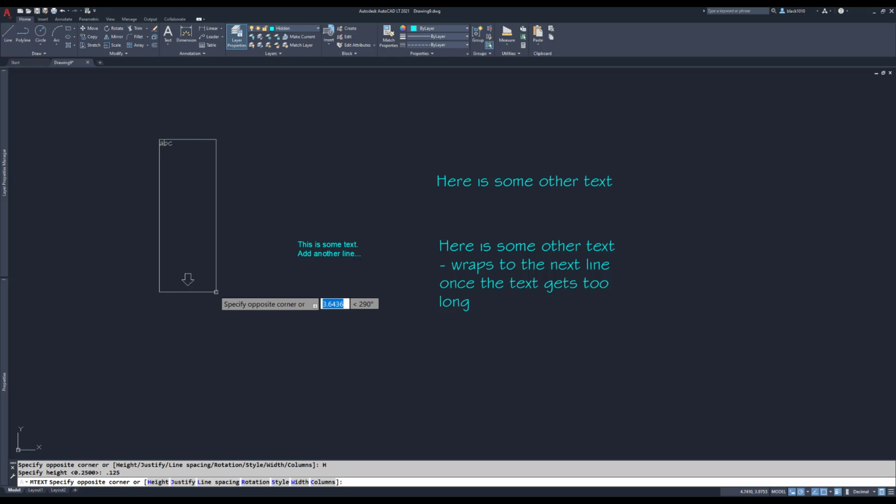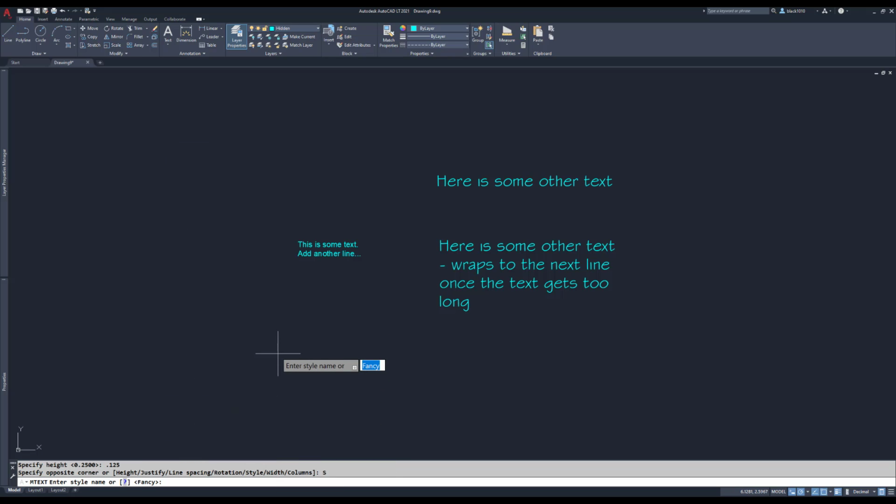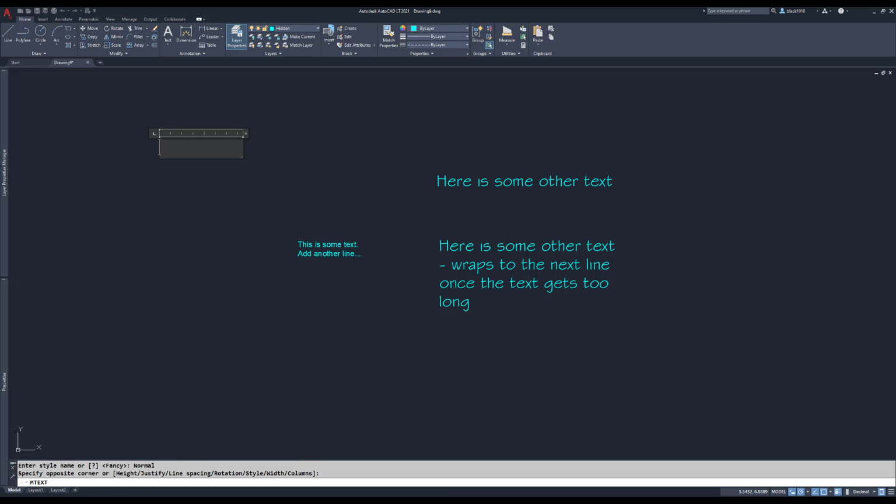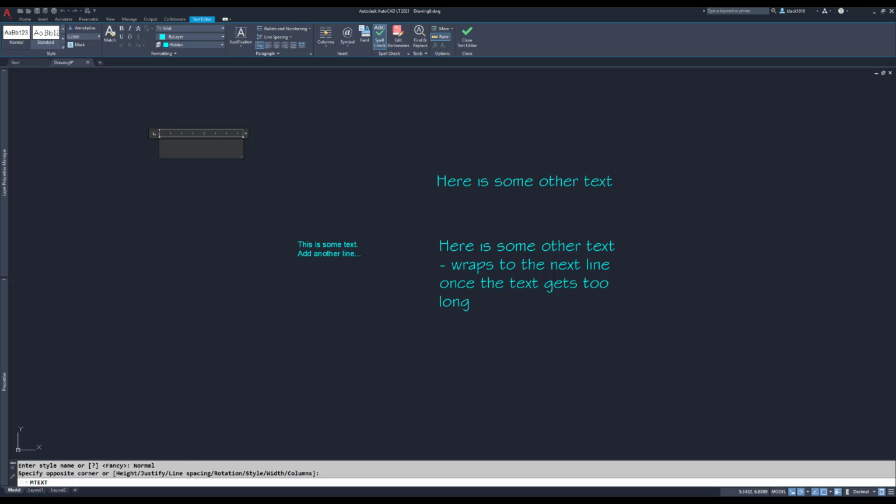And then I still have options, and I want to change my style to the... did I call it normal? I think I did. Normal style, okay? And it took it, okay? Now I'm back to normal. Now it doesn't show me, because I started the command with the fancy style active, that ABC is in that fancy style. As soon as I pick, though, it should be using the new style. I'm going to go ahead and say